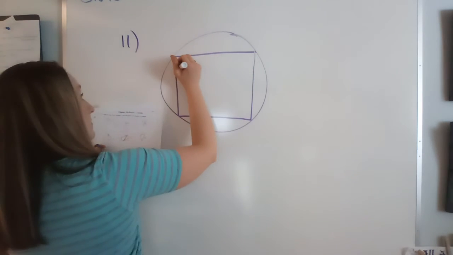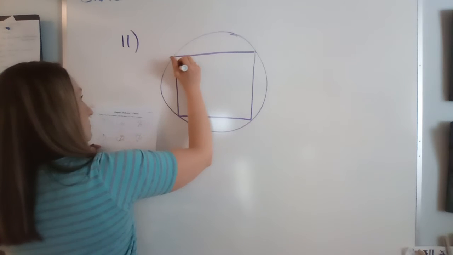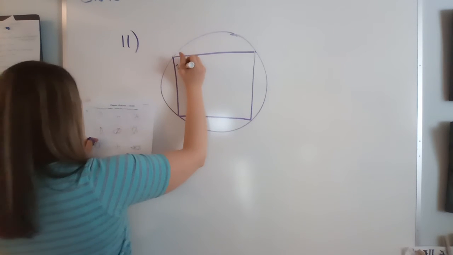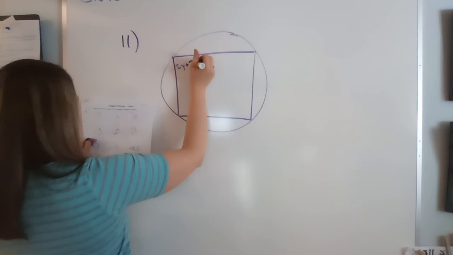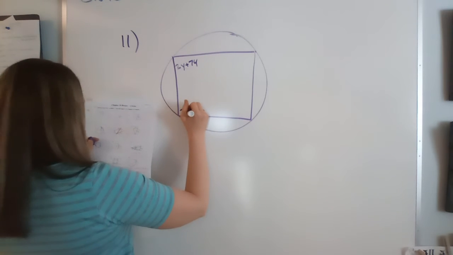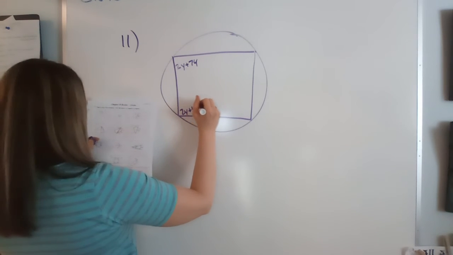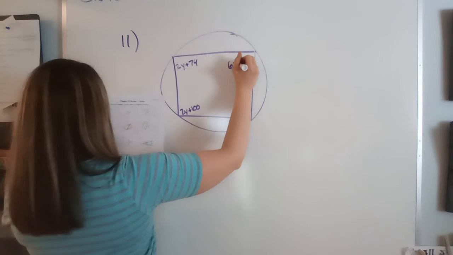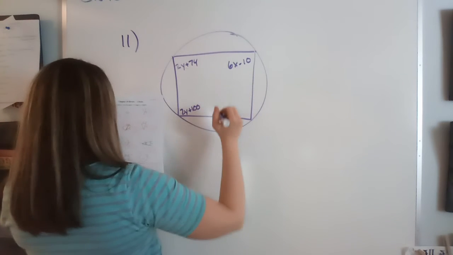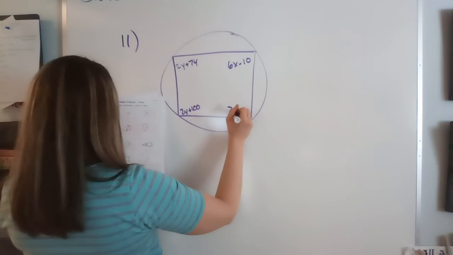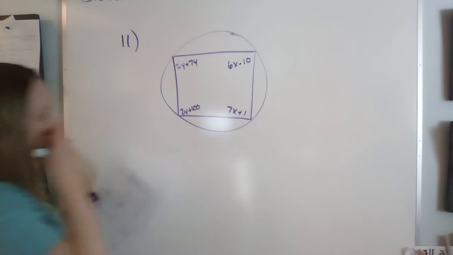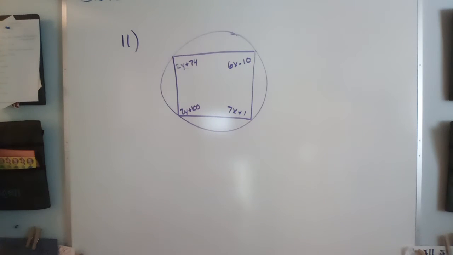Those angles are labeled 2y, 2y plus 74, 2y plus 100, 6x minus 10, and 7x plus 1. All right. And I think that's all that's given. So, you need to